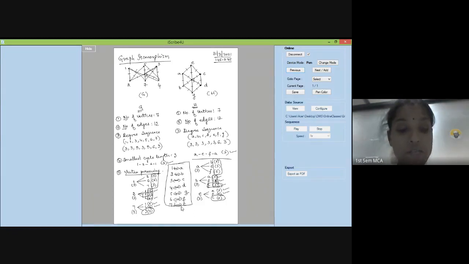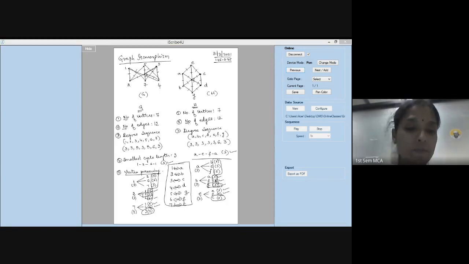Correct. So if it is not the same, you have to come back and see what other alternatives I can map for 5. Suppose we mapped 5 to E. There was a choice for us to see 5 can be mapped to G or E. You can take any one at this point of time when you are in the vertex preserving step. So some of them will take E, some of them will take G. But when you go to the next few steps, edge preserving or adjacency matrix, you will get to know that you cannot map it. So you have to come back and make this change.